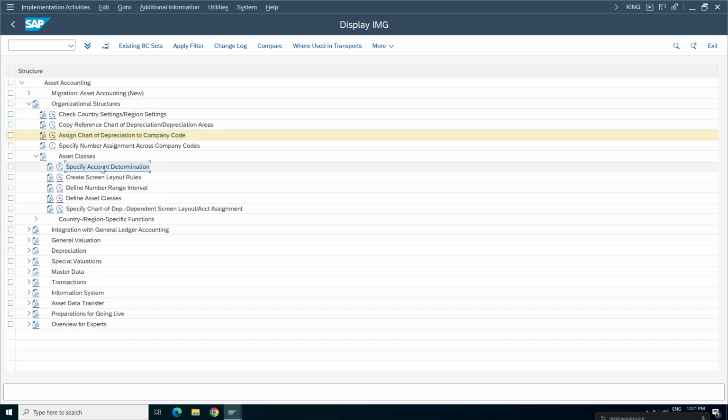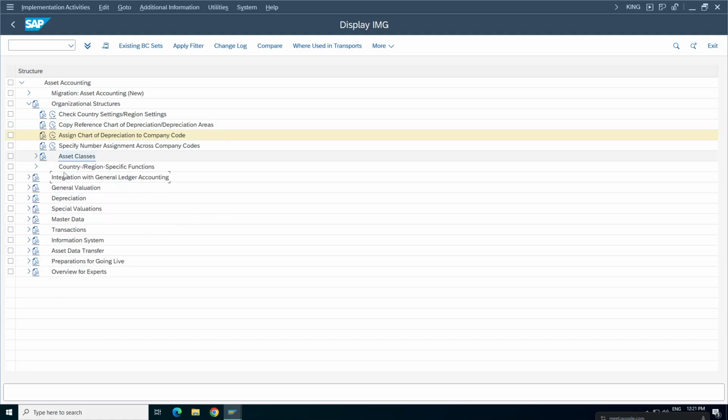Why do we need to define account determination? Because we need to assign the GL accounts. Screen layout rules are for controlling the fields while posting the transactions. Number range interval is for creating asset masters. All these three parameters go to the asset class. And coming back,